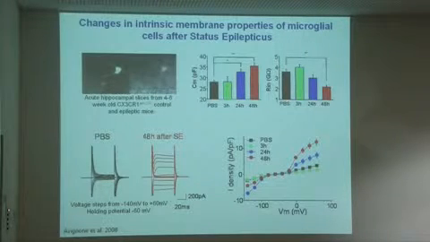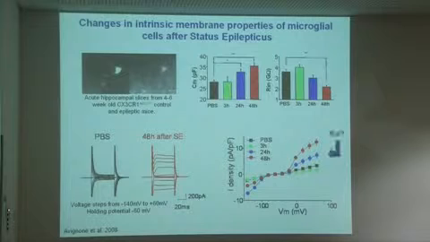And in fact, this sequence of high inward currents and then a decrease of them recapitulates what has been seen in culture. I told you that when you put those cells in culture, they are already half activated, and the property that they have in culture is the blue IV curve. And then if you treat those cells with LPS to fully activate them, you end up with the red one. So by looking at different time points in the brain of those animals, we actually see this sequence of events: the beginning of the activation and then the full activation of the microglial cells.